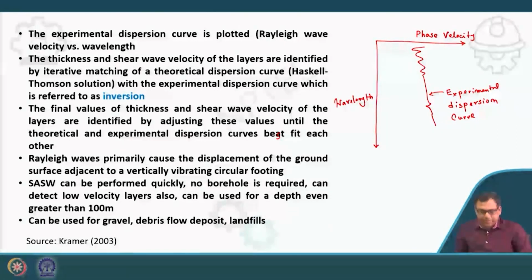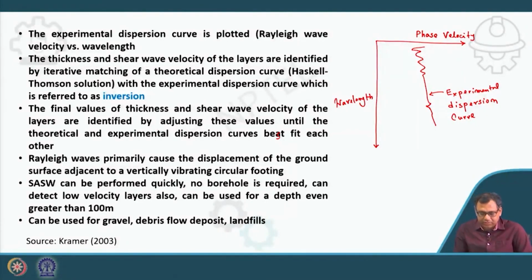Now Rayleigh waves primarily cause the displacement of the ground surface adjacent to a vertically vibrating circular footing. Now how will I get the Rayleigh wave? I will generate the Rayleigh wave if I vertically vibrate a circular footing, then the Rayleigh wave primarily causes the displacement of the ground surface adjacent